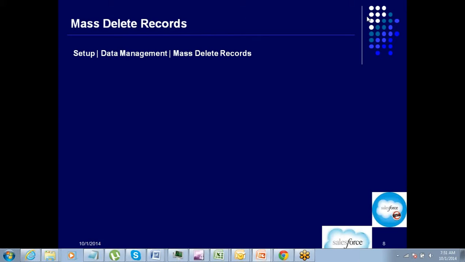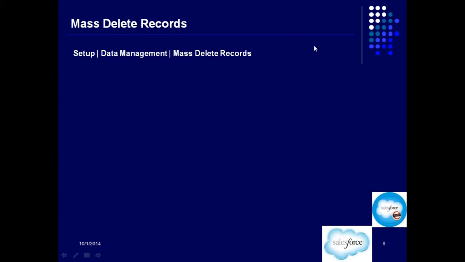risky thing as well. Sometimes what happens is you delete some data, and after deleting the data you realize that you actually needed that data, and you did not need to delete it. So sometimes it may happen. I have come across situations where I have deleted some data, and then I realized that that data was required by some other team to do some sort of analysis on the duplicate records.